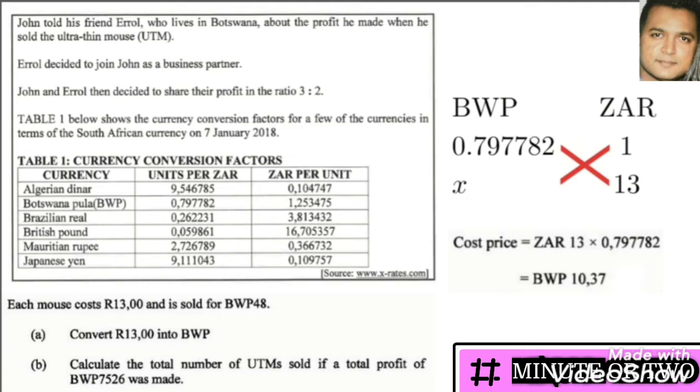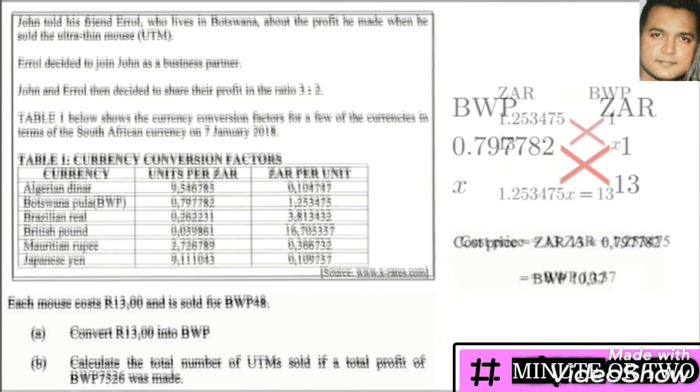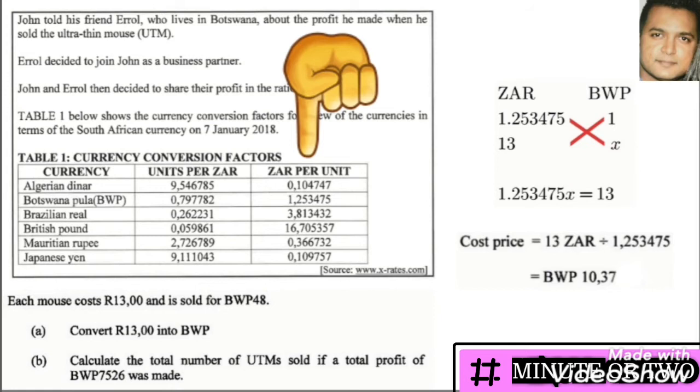X will therefore be the Botswana pula, which we need to arrive at. Cross multiplying, we get X times 1 and 13 times 0.79, and we finally arrive at our answer of 10.37 Botswana pula. Taking the information from the last column of the table, the ZAR per unit column, and placing our